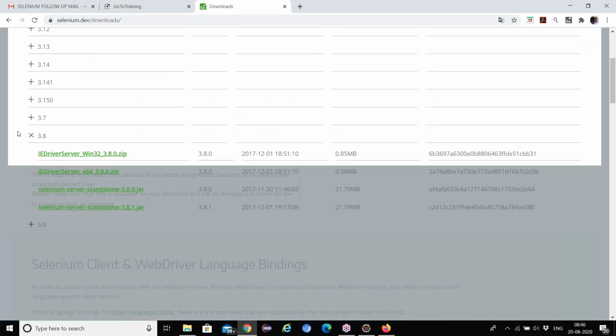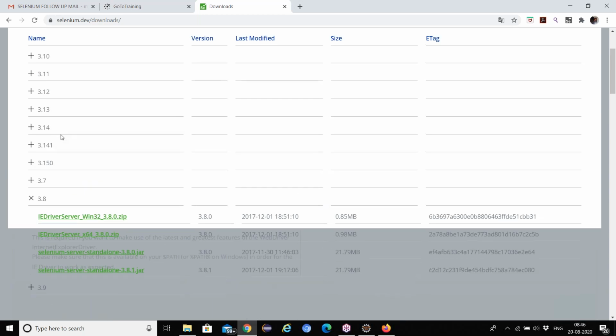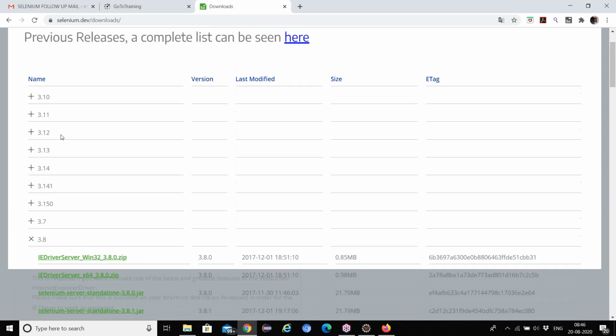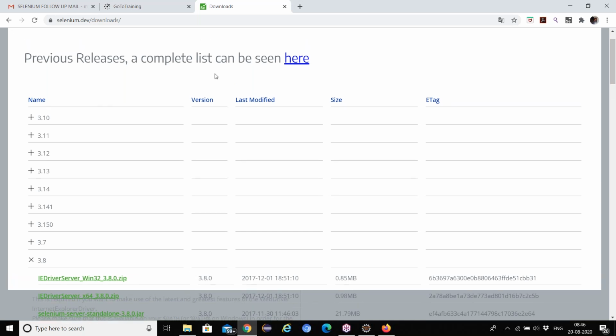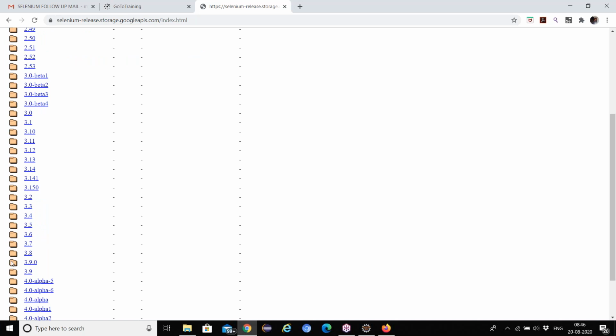Scroll up, there is a link at the top. The complete previous release list can be seen here. Yes, it is a bug, right? It is not appearing properly. Come down. Click 3.8.